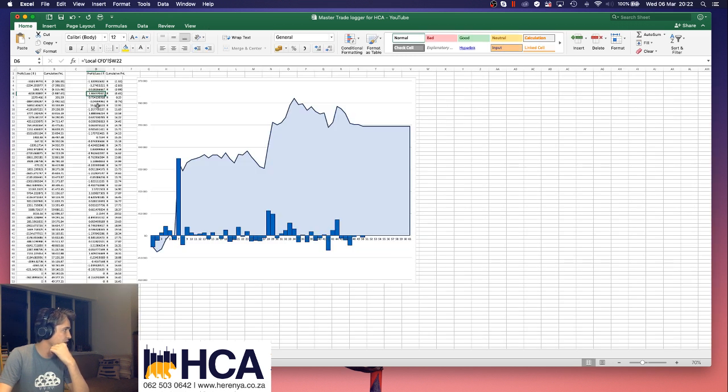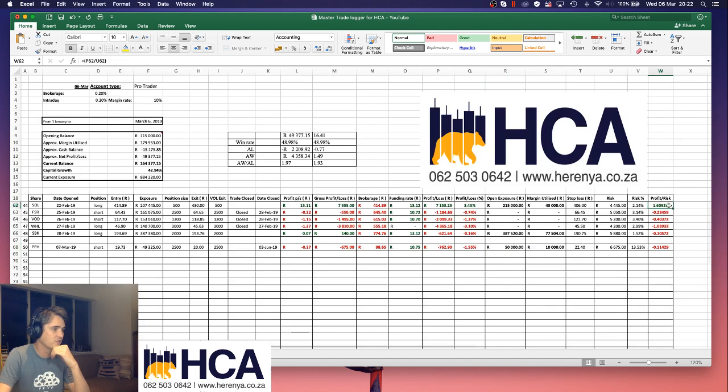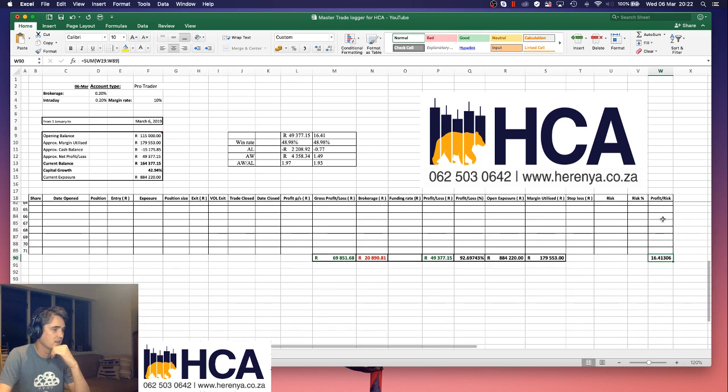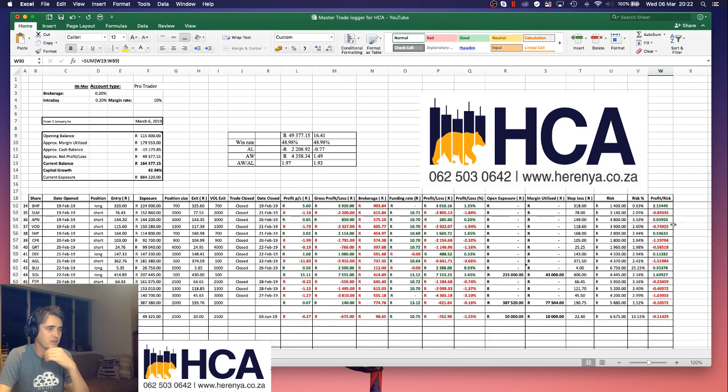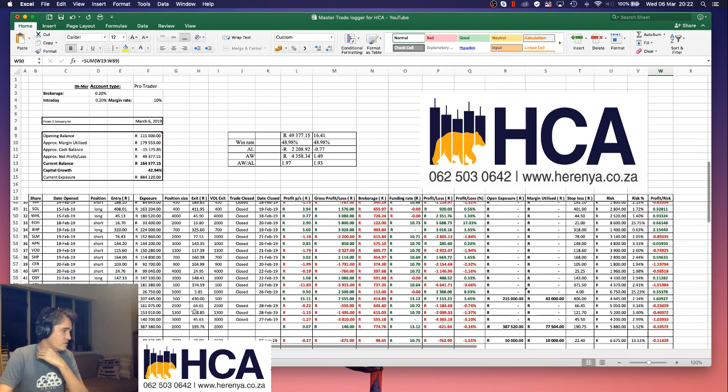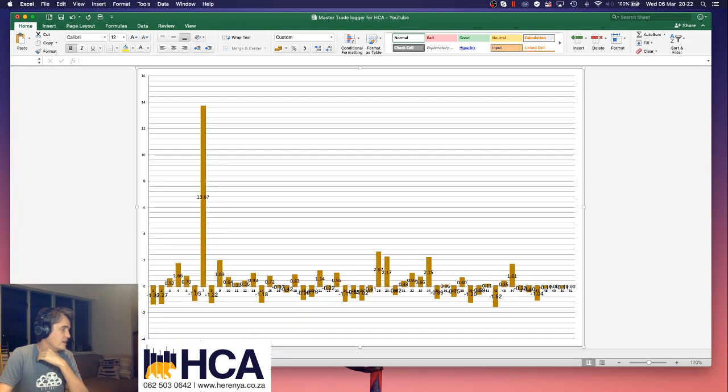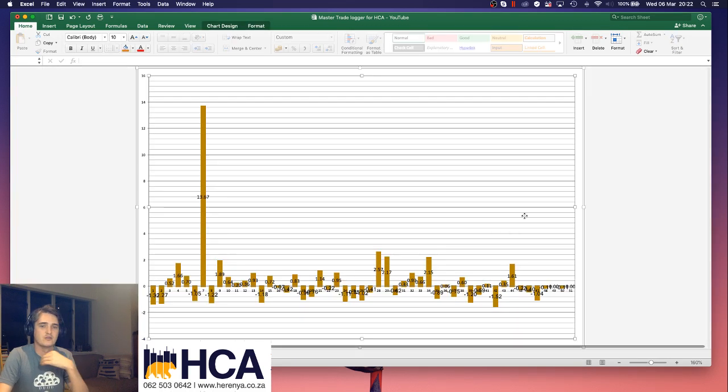He's looking at the amount of risk that you take versus the payoff that you get. So your risk-reward ratio. Here, this R stands for reward. So you can see here on one trade, you got 13.6 times reward on